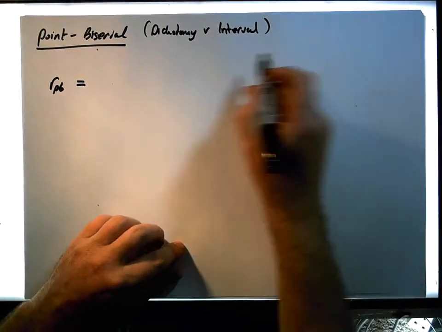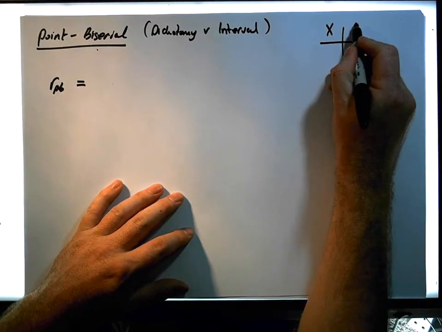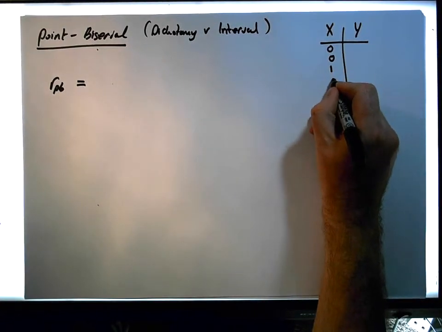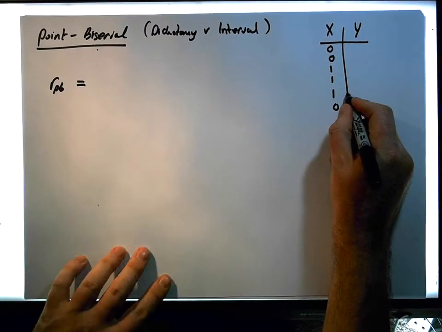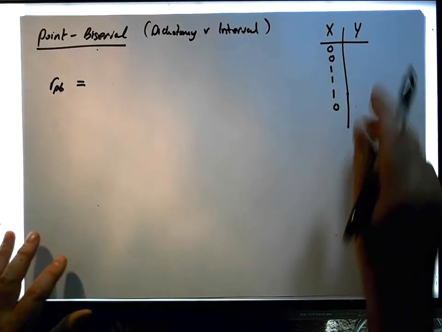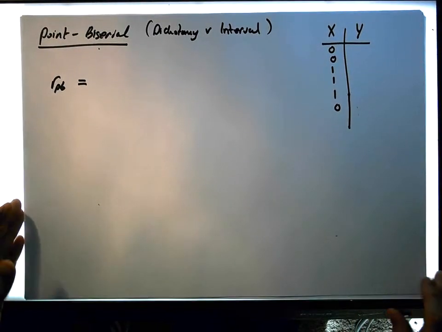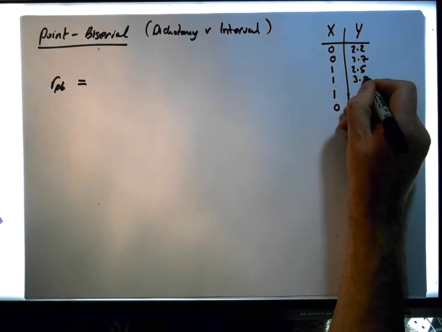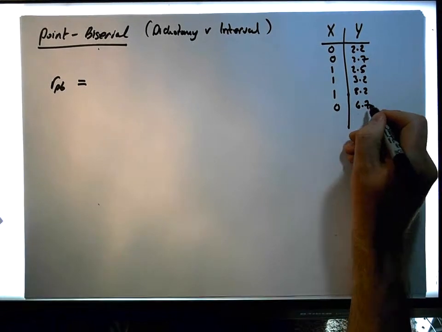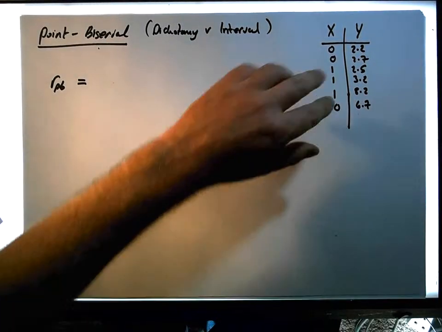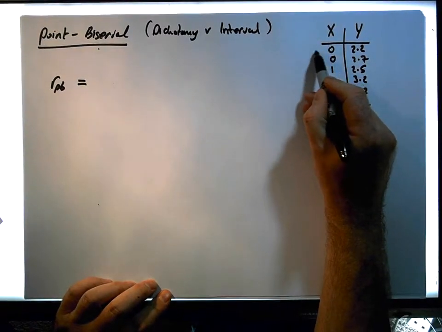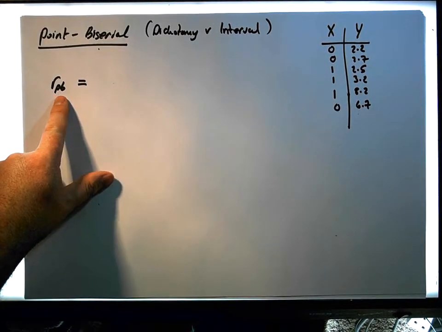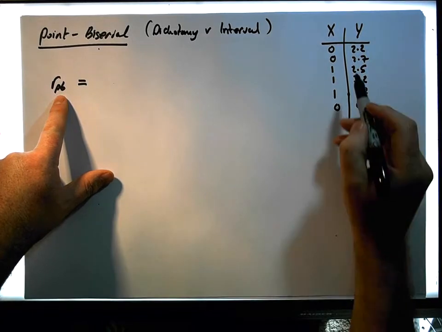Let's keep in mind that we have our two variables, our x variable and our y variable. X is the dichotomous variable, so let's say we have 0, 0, 1, 1, 1, 0 as an example, and y is an interval variable. So maybe this is a measure of salary, or let's say time. I don't know. Let's say 2.2, 2.7, 2.5, 3.2, 8.2, 6.7. But effectively, we have two different groups of people. We have those that are coded as a 0 on the dichotomy, and those that are coded as a 1 on the dichotomy. And the point-biserial requires that we calculate the average value,